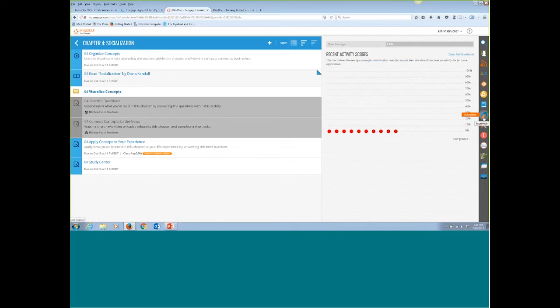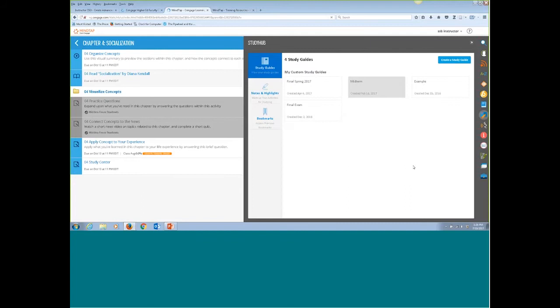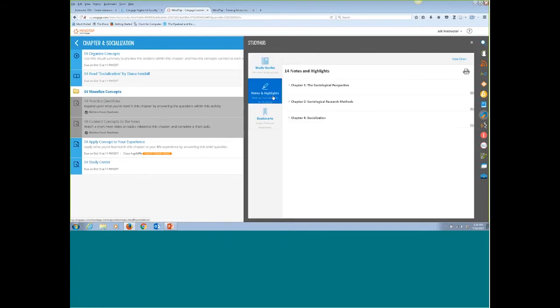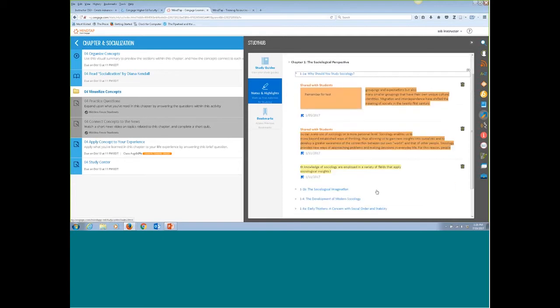The other thing that I wanted to show you, which I think is in all MindTap courses, is Study Hub. This is really, really important for both you and students. So while they're in the textbook, they are able to notate and highlight. And as they do that, these things appear in Study Hub to help them study and to look at what they highlighted later. So there are things that you, the instructor, can share with students, which comes up in orange,